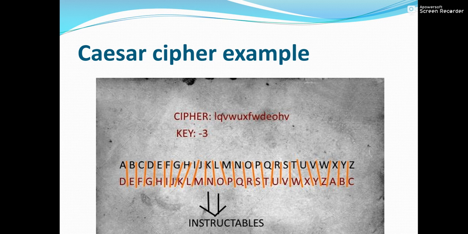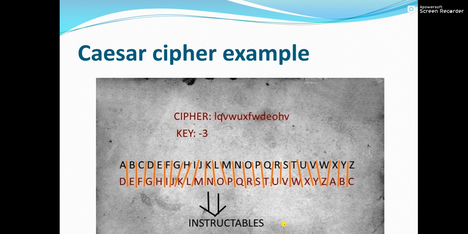So I will give you an example of this Caesar-Cipher substitution technique. This is called a substitution technique because it makes use of substitution: for a letter in the plain text, another letter is substituted to get the cipher text.